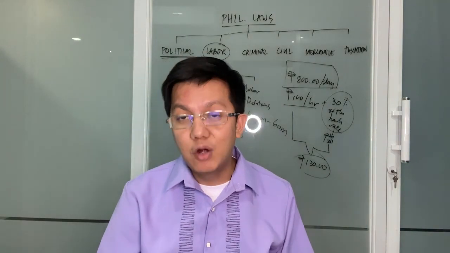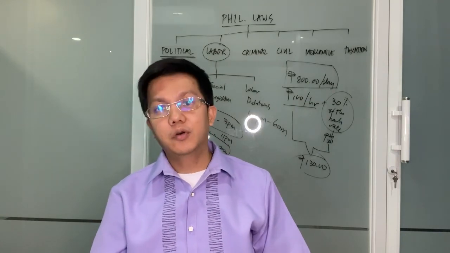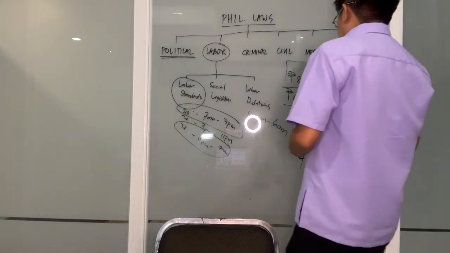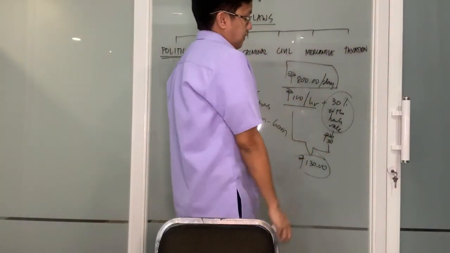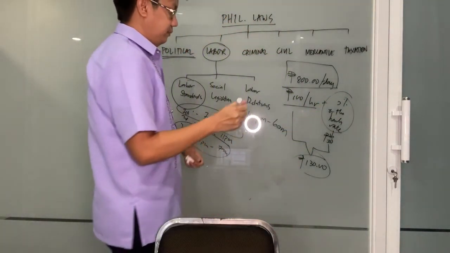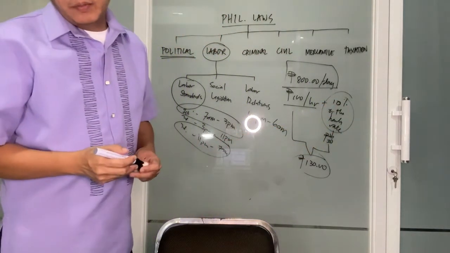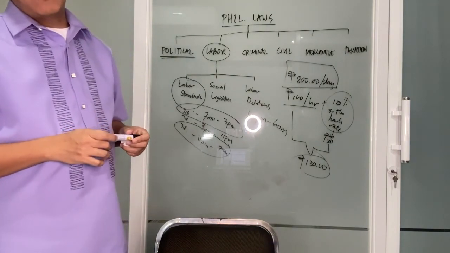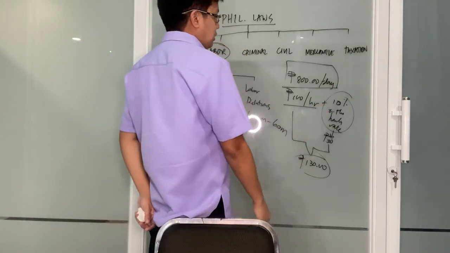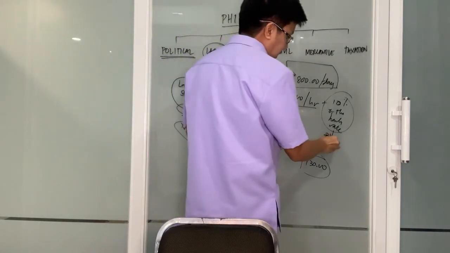This is a per hour basis ha. So how much is the additional pay? 10% po. 10%. So balikan natin yun kanina. 100 pesos per hour. Tapos ang night shift differential is 10%. So magkano yung 10% of his regular wage for each hour of work. So 10% of your regular wage, that is 100 pesos. So that will be 10 pesos.